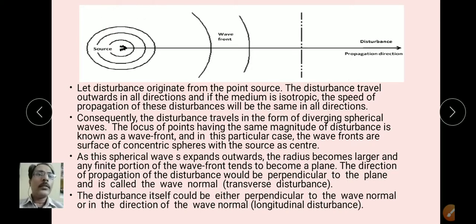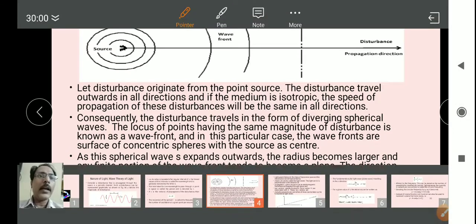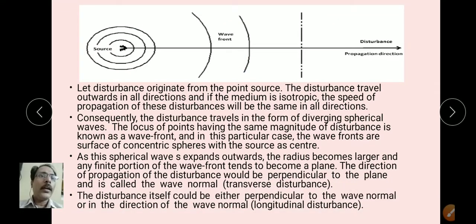So you can see the light, when it emerges, is in the form of a circular wave. After some time it increases its diameter, and it propagates to some very large distance. It will be parallel to the screen. It may be perpendicular to the direction of propagation. So this wave is the locus of points which have an equal magnitude.